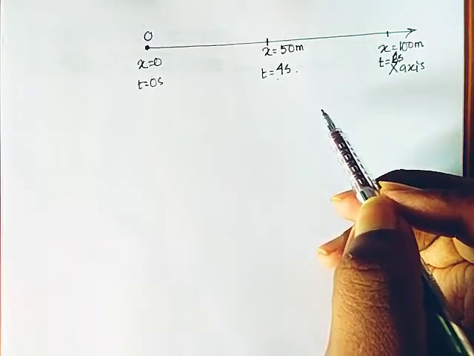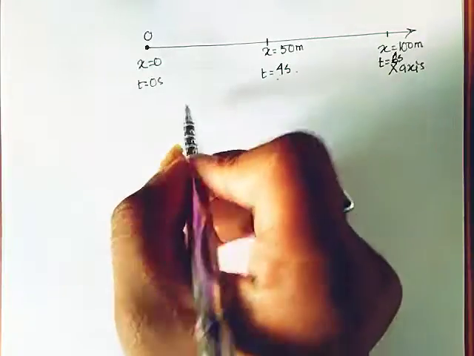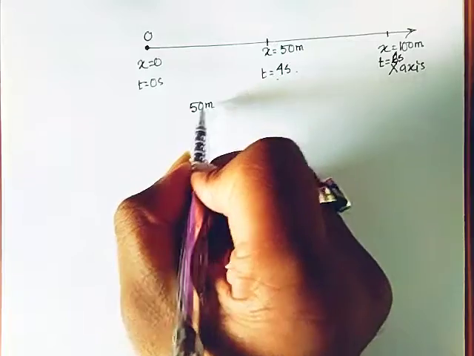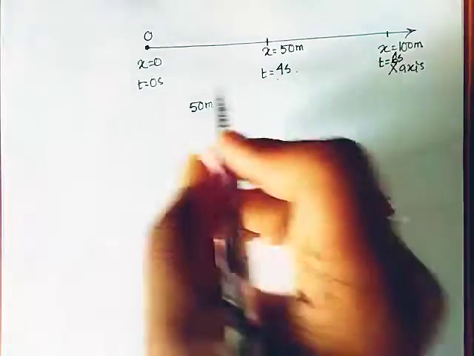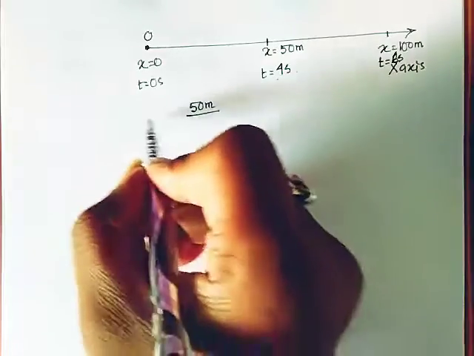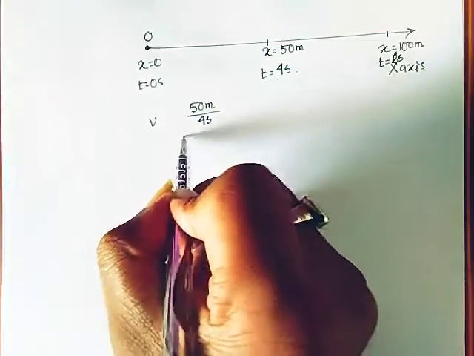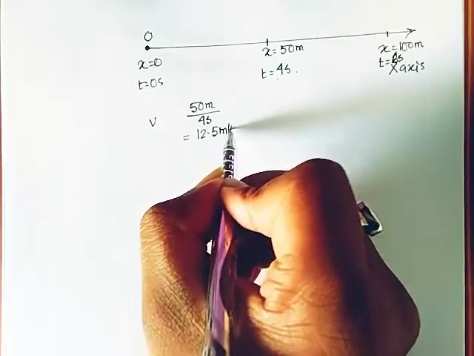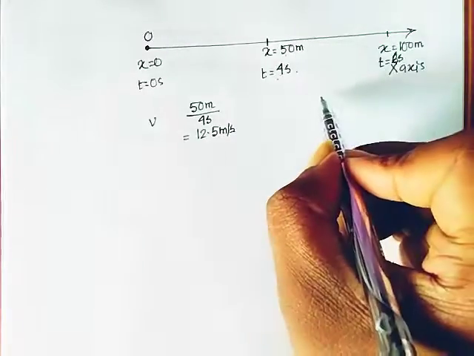So if I am calculating the velocity in each section, just see in this section, 0 to 50 meter, it is moving in a particular direction, so direction is not changed here. So 50 meter, now I am calculating the velocity, 50 meter divided by the 4 second, so it will be 12.5 meter per second. Now in this case, from 50 meter to 100 meter,